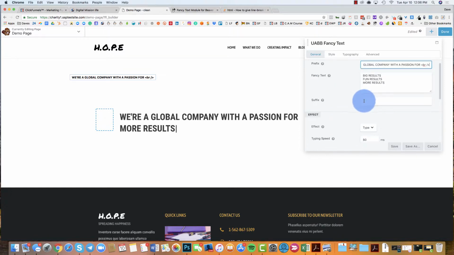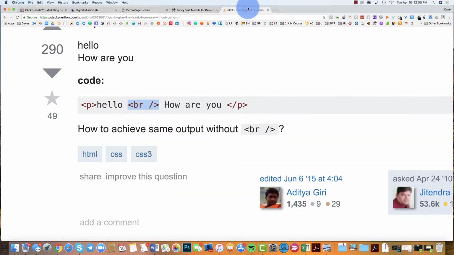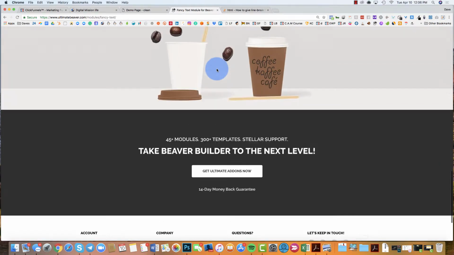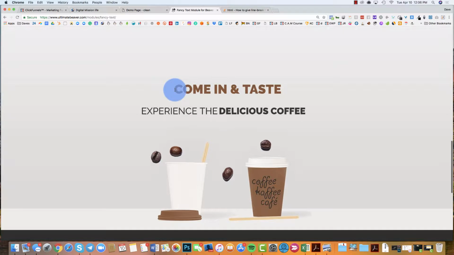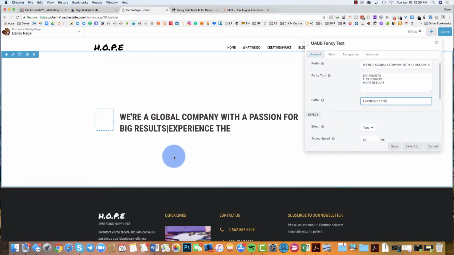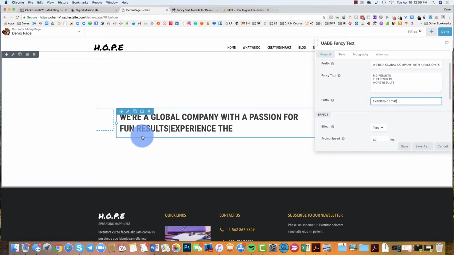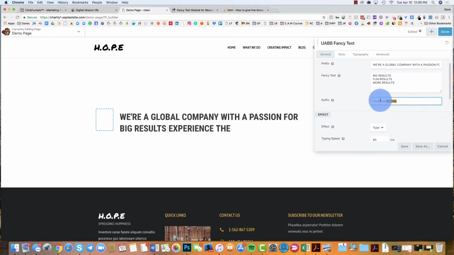The next line is if you wanted some text behind the dynamically changing text, that's where you could just add that text in there. So you can see that it is still changing that text, but there's still something behind it. I think for me, visually, it gets a little bit messy like that. So if you can word it where you can avoid using that, I think you get a better